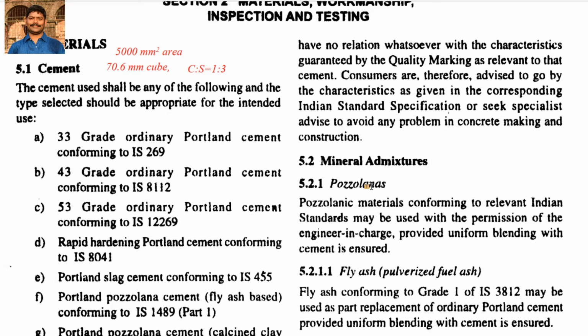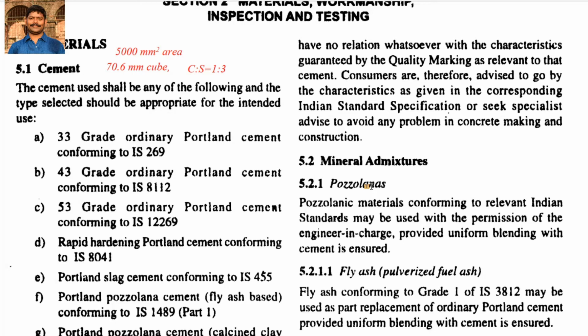What happens when cement reacts with water? When the cement reacts with the water, it forms CSH gel plus calcium hydroxide. Now, calcium hydroxide is a byproduct, an undesirable chemical compound present in the concrete. So when cement reacts with the water, it forms CSH gel that gives the strength, and one product, calcium hydroxide, Ca(OH)2, which is basically undesirable for us.